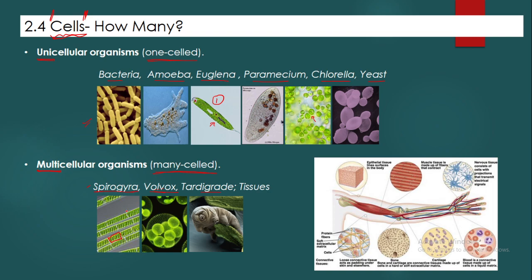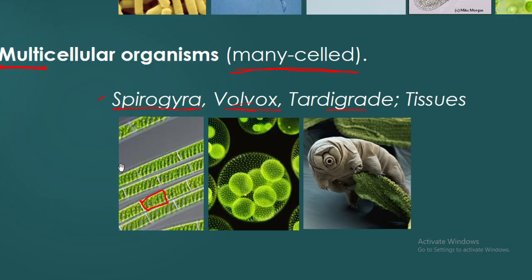Okay, if you see, this one is one cell, this part is one cell. Like this, the cells are joined to each other, they form something like a thread-like structure. If you see, Volvox looks very beautiful under the microscope. Each of these small balls is one cell, and such small balls are inside one big sphere, so they form a colony. That's a Volvox.